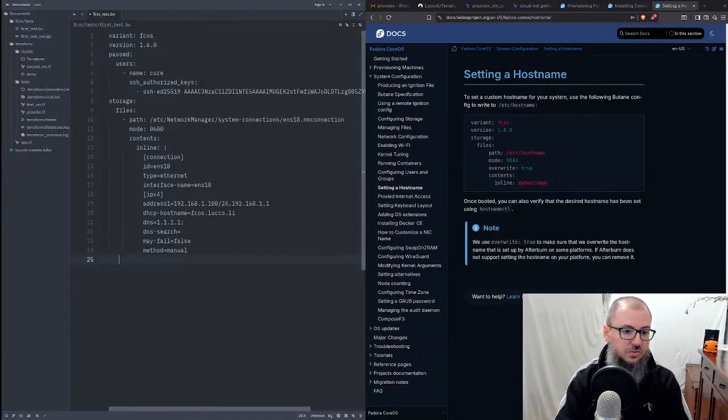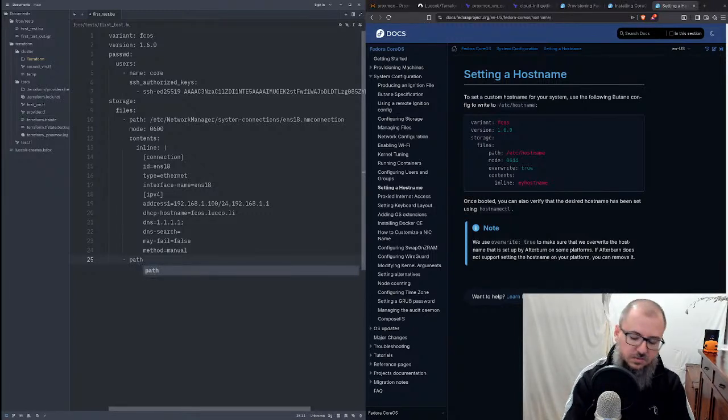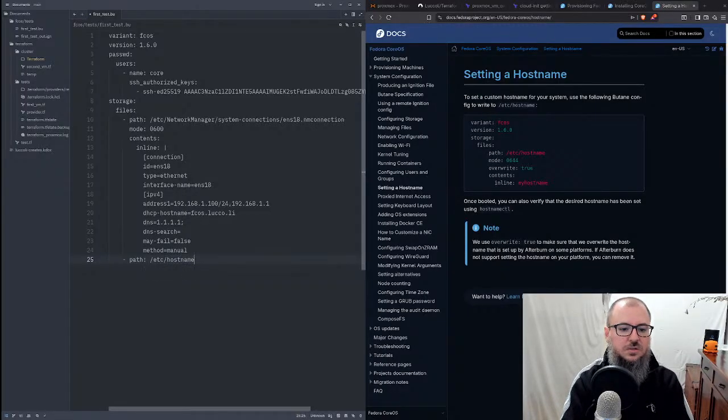So in here I will give it a different path with etc. Yeah, I need to stop to use the tab when I write a folder. Hostname, mod 0600, nope, 0644,